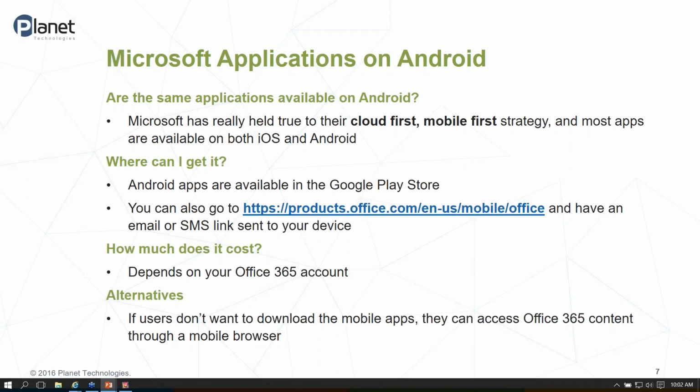Now, an easy way to get those if you've got an Android device is you can go to the Google Play Store. You can also go to a Microsoft site. I've got the URL there, products.office.com/en-us/mobile/office. I'm going to show you that website later on today as well. You can put in your phone number or an email, and they will send you a link where you can download the applications to your device as well. So this is a US link. You may need a different one for other countries, but again, that's one other way that you can get the links directly